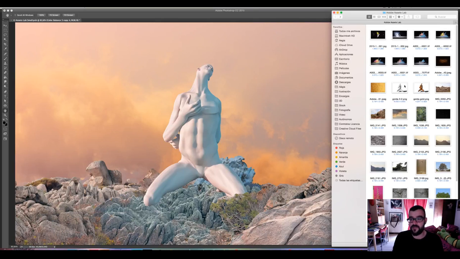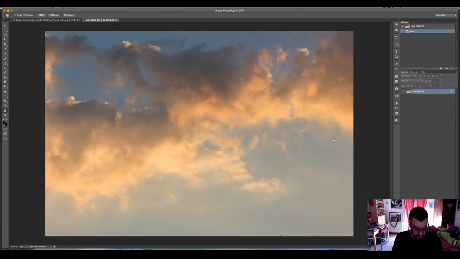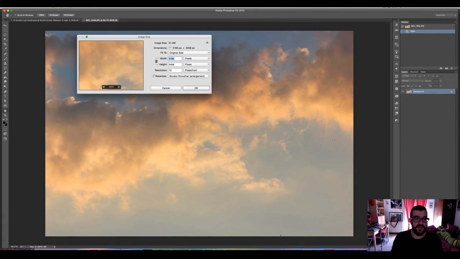But in the new version of Photoshop Creative Cloud, we have a fantastic resample option. You open an image here, and when you go to the Image Size dialog window, in the resampling drop-down, we have two new ways of resampling for enlargement. My favorite one is Bicubic Smoother because it doesn't oversharpen the image while making it larger.